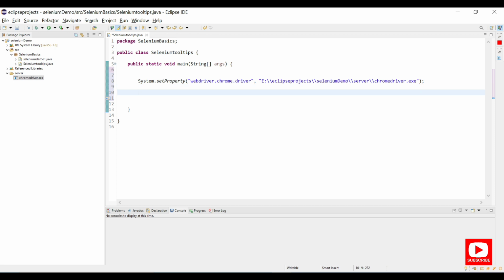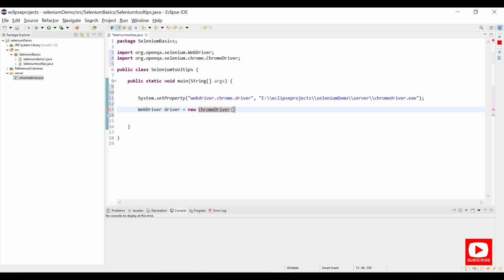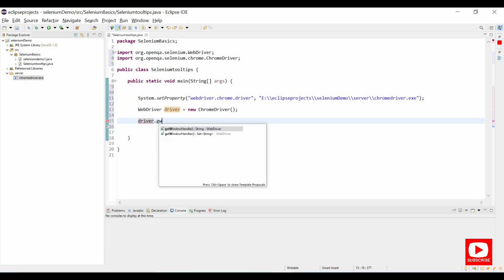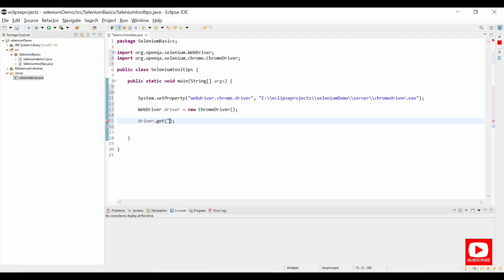And now using the WebDriver instance, WebDriver driver equals new ChromeDriver. So ChromeDriver, and now we have created the driver instance, and using the driver we'll try to launch a website. driver.get. The get method is under WebDriver in Selenium. This WebDriver get method accepts a string value. We'll provide the value as a string, which is the Facebook page.